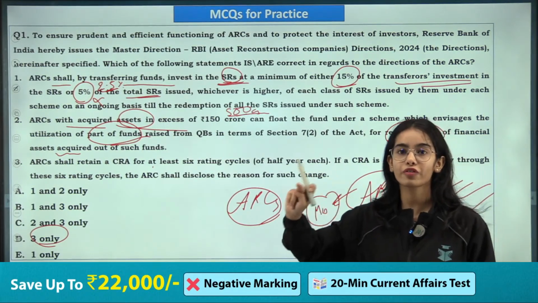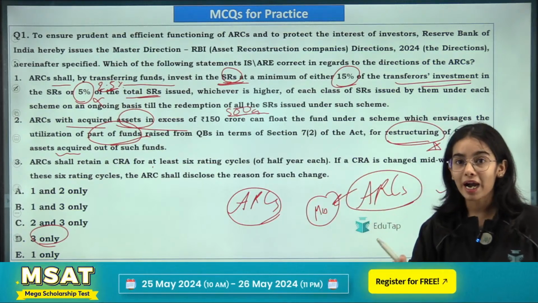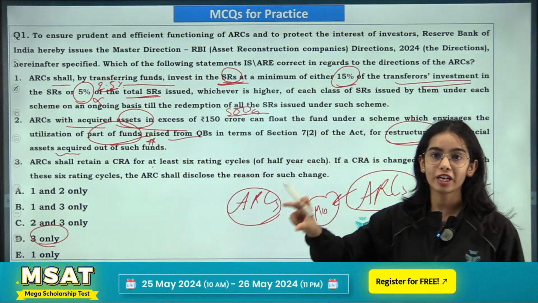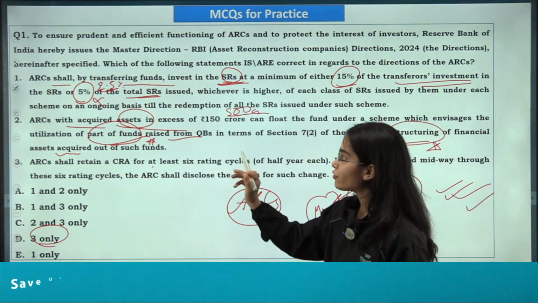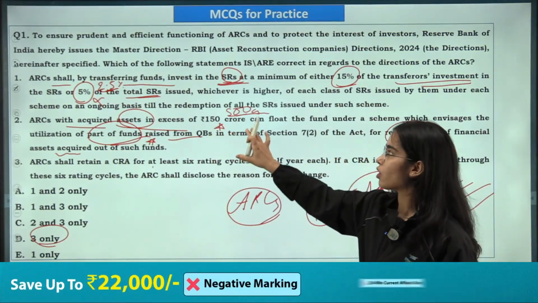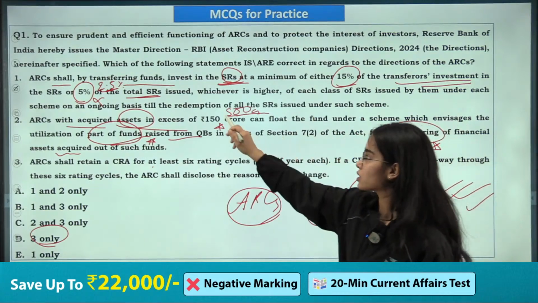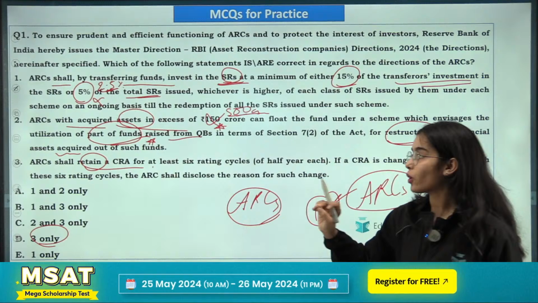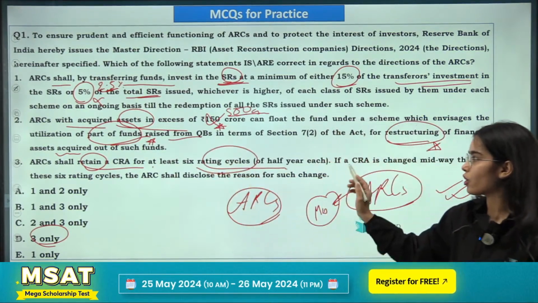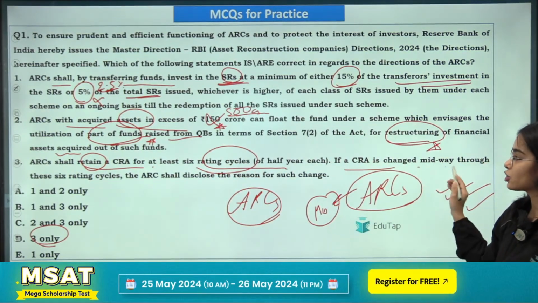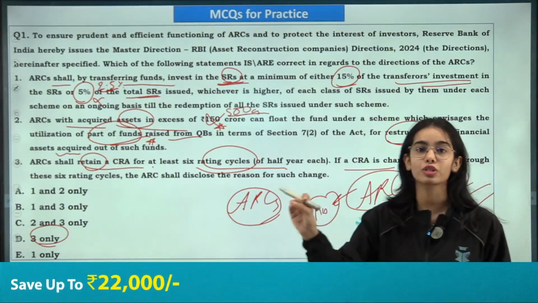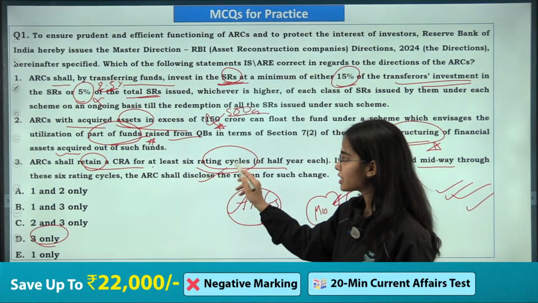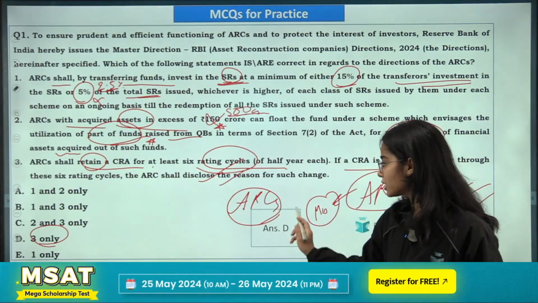So restructuring of the financial asset can happen by the utilization of the funds raised from the qualified buyers through the security receipts if the asset value is in excess of rupees 500 crores. So this is also incorrect. ARCs shall retain a credit rating for at least 6 rating cycles of a half year each. If a CRA is changed midway, then the ARC has to disclose all the things that have been changed. So here only the third statement seems correct, and that's why here the answer is